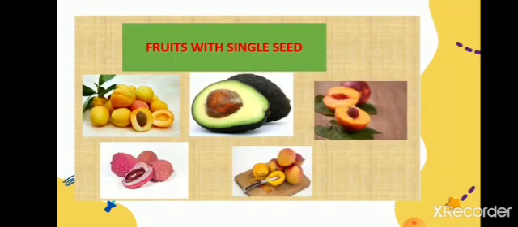You can see in the earlier picture that some fruits have a single seed. They have a single seed in it. So when we bury this seed inside the soil, what happens? Another plant grows from the seed. So mango has one seed in it. After eating the mango, what will I do? I'll put it in the soil and I will get one more mango tree from it.